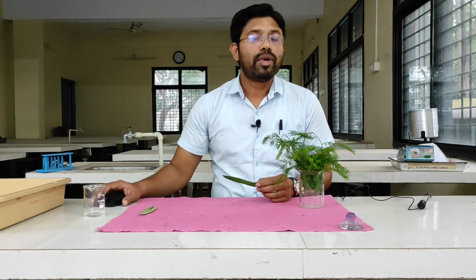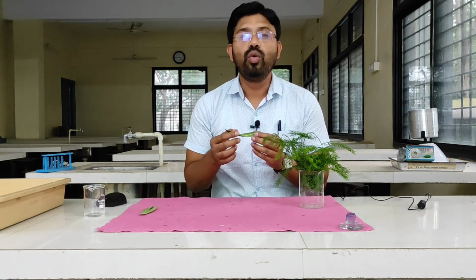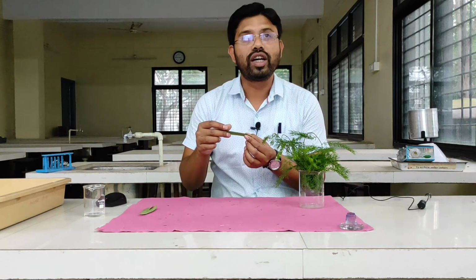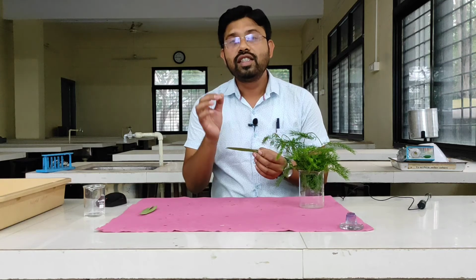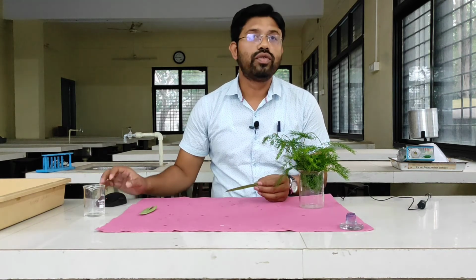So it is one of the major morphological characters of the Nerium leaf. Now the leaf lamina is reduced, and stomata are in the lower epidermis. So you can see in the lower epidermal region there is the presence of stomata, and the type of stomata is sunken stomata. It is one of the identifying characters of these xerophytic plants.